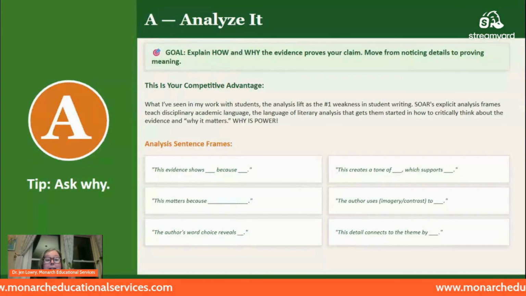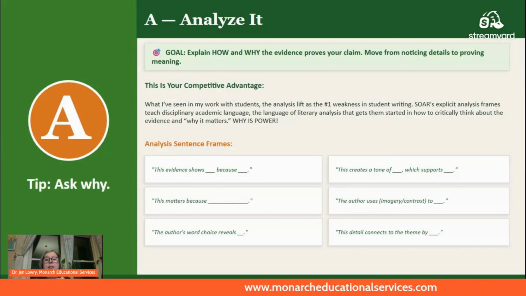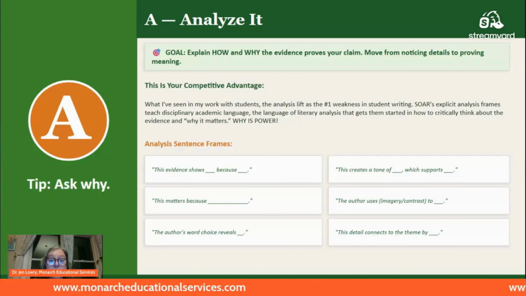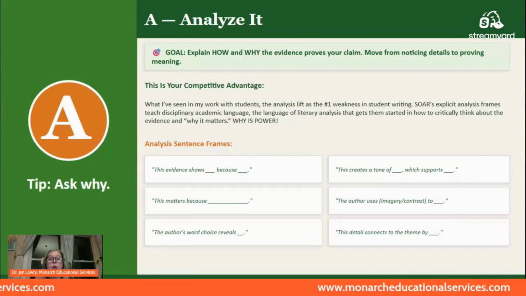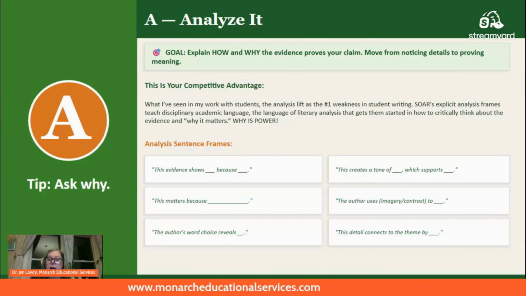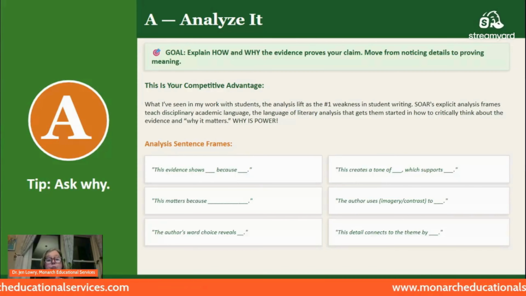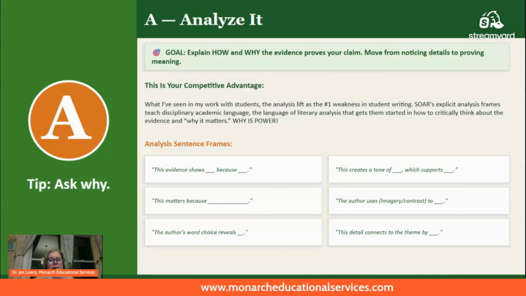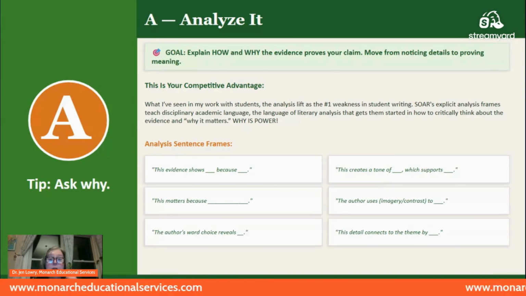But my tip for you, let's just go back, is to ask why. And to me, this is the step that separates average writing or writing for completion from a level of excellence. So if you're looking at your rubric, and we are going to do some writing rubrics together, because you can't have writing without a rubric, if you're going to do these rubrics, I really believe that this is where the struggle can happen, but also where you can get that shine to happen.